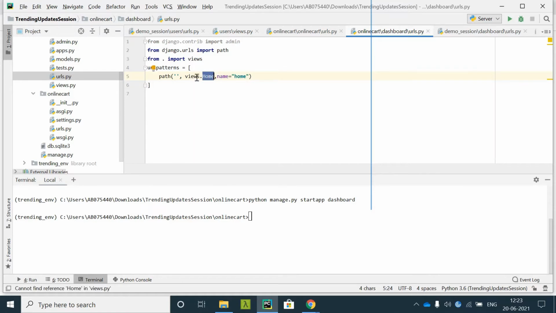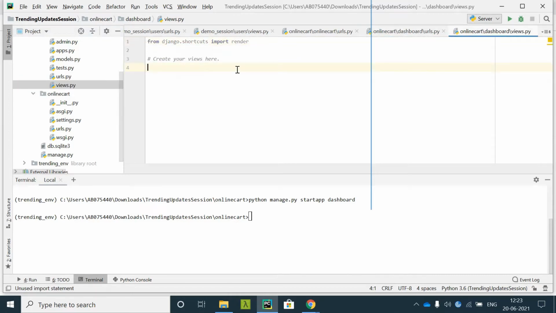So currently I don't have a home page here. So I'll go ahead and create the home function, with request, and I won't do anything in this as of now. I will leave it like this itself. We need to keep certain things in the proper manner so that we don't face any problem.